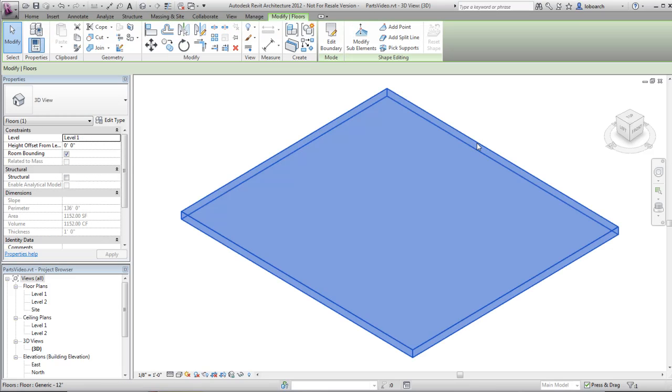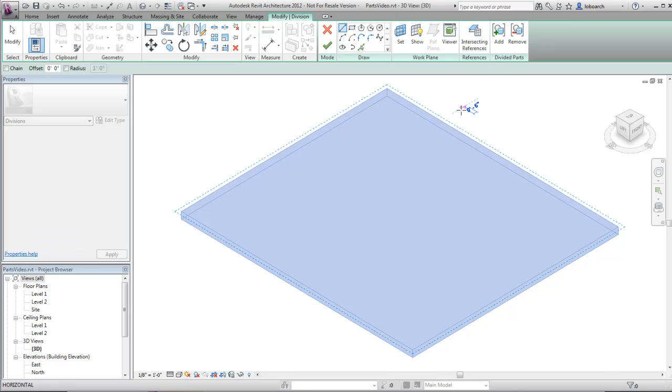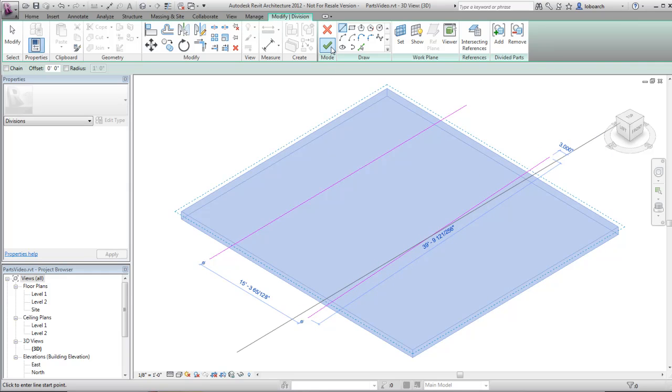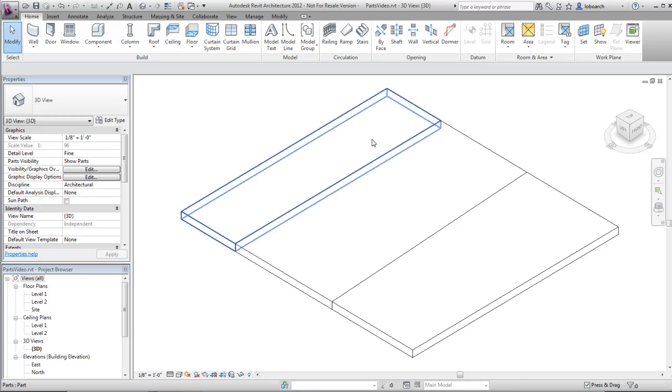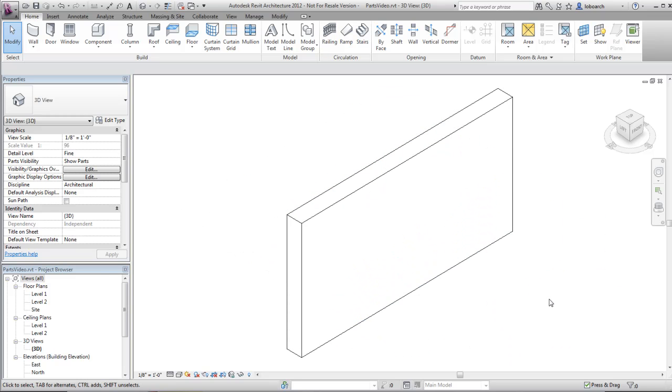To support construction modeling workflows, Revit lets you divide certain elements into discrete parts that can be scheduled, tagged, filtered, and exported. For example, you can create a part from a monolithic element, such as a floor, and then divide it into smaller parts that represent individual pours. When you create parts from an element that has a layered structure, each layer becomes a part that you can then divide into smaller parts.